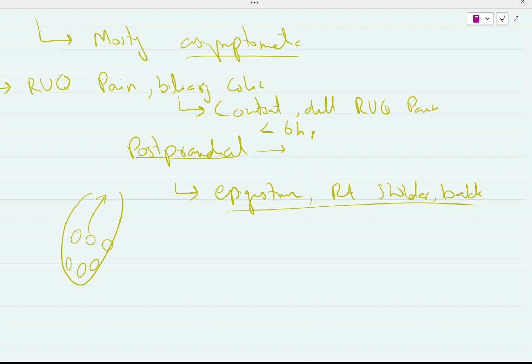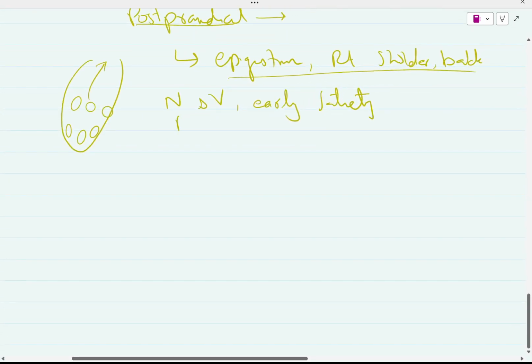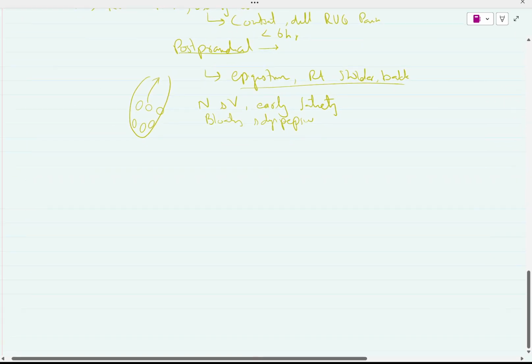So what else can the patient present with? Patient can have nausea and vomiting. So after eating 2-3 spoons of rice or any fatty meal, 2-3 bites of fatty meal, patient feels satiety, early satiety. It's also a clinical feature of cholelithiasis. Patient may have bloating and dyspepsia. These clinical features are present in a patient of cholelithiasis, or a patient having stones in gallbladder.